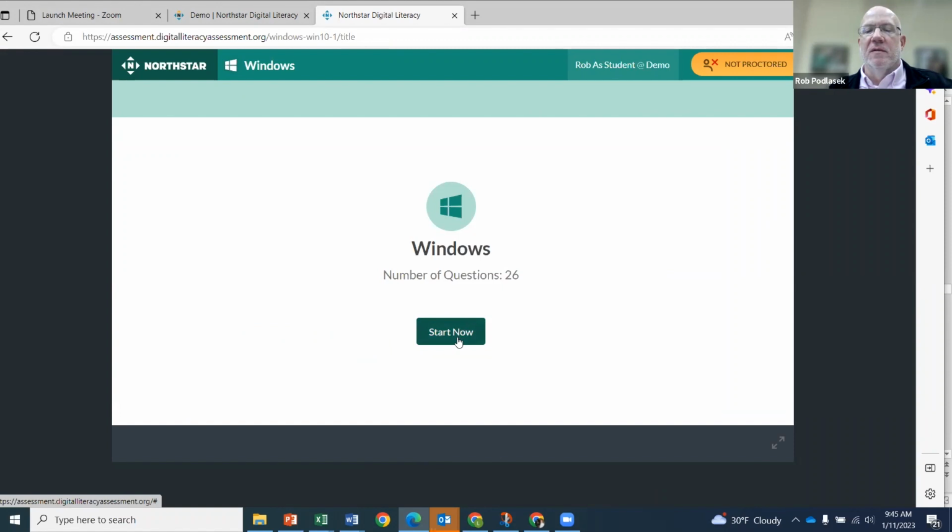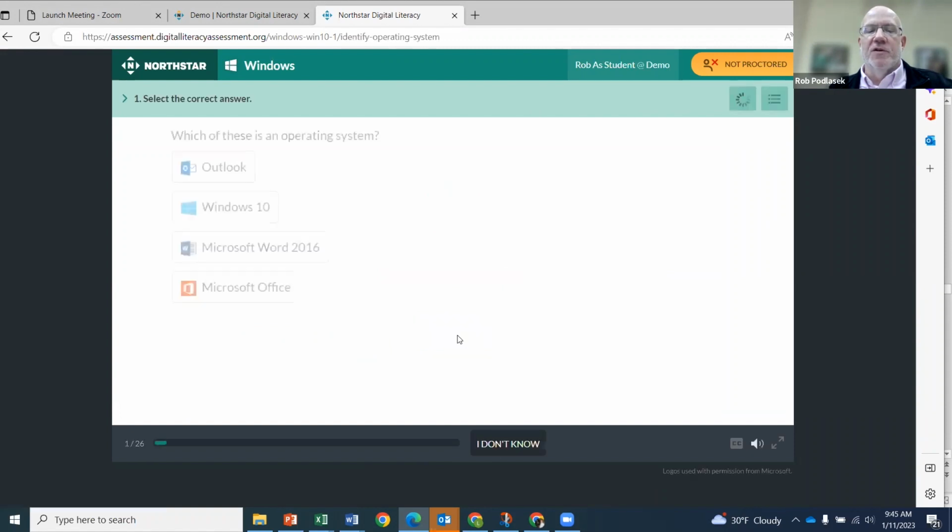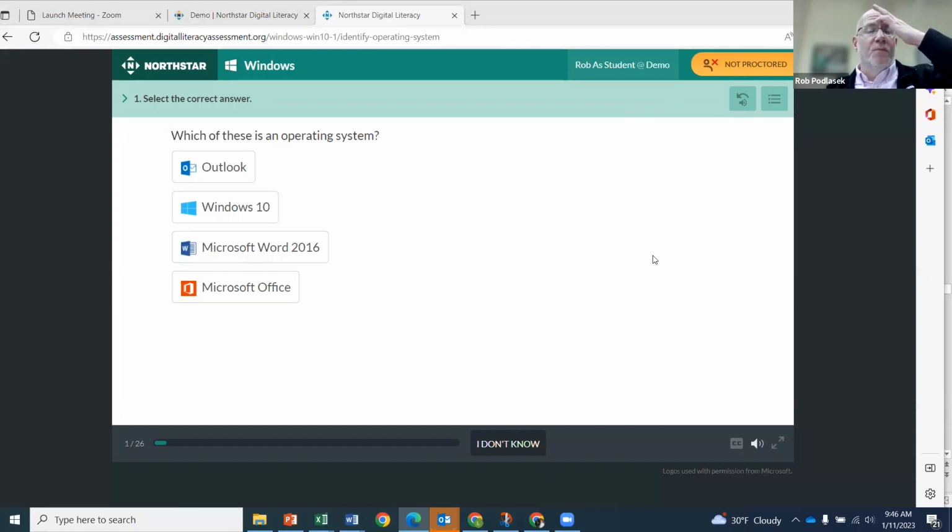Start the assessment. I'm going to let the first question play. Select the correct answer. Which of these is an operating system? Okay. So the nice thing about the Northstar assessments is that the format is consistent across all of the assessments. So walking them through how it works at the beginning will carry them through all of the rest of them. So here is the question. Okay, so correct. And